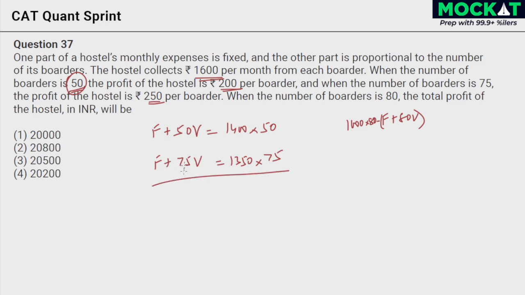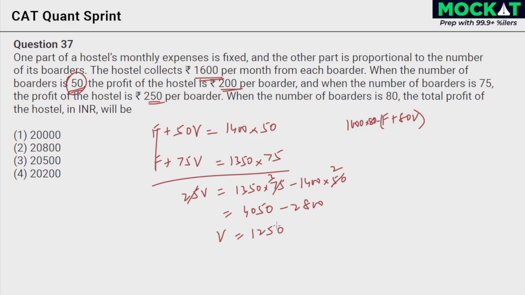So now, what's the difference between these two? Bottom minus top, F and F are cancelled. Bottom minus top, 25V. Bottom minus top, I'll just write it as it is, 1350 into 75 minus 1400 into 50. A 25 I can cancel over here and I get a 3. I can cancel over here and get a 2. 1350 into 3, 1300 into 3 is 3900 plus 50 into 3, 150, 4050, or you can just use the calculator, minus 2800 equals 1250 is the variable cost per boarder, right,